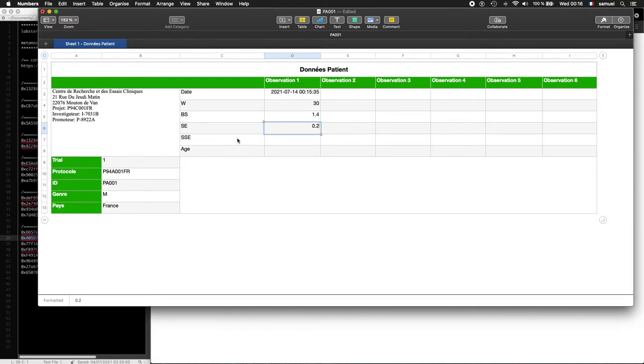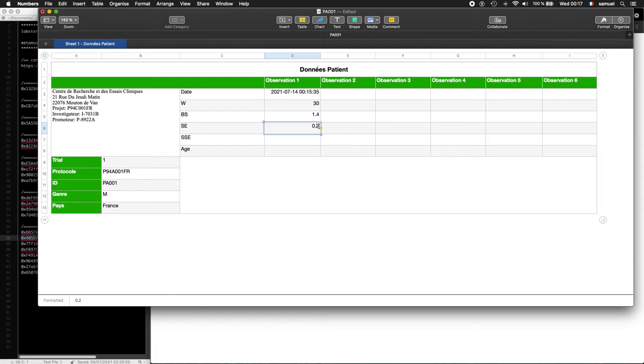0 means that there are no side effects, and 1 means that the side effects that have been observed are a serious side effect. For this trial we recorded 0.2, which is small compared to 1.